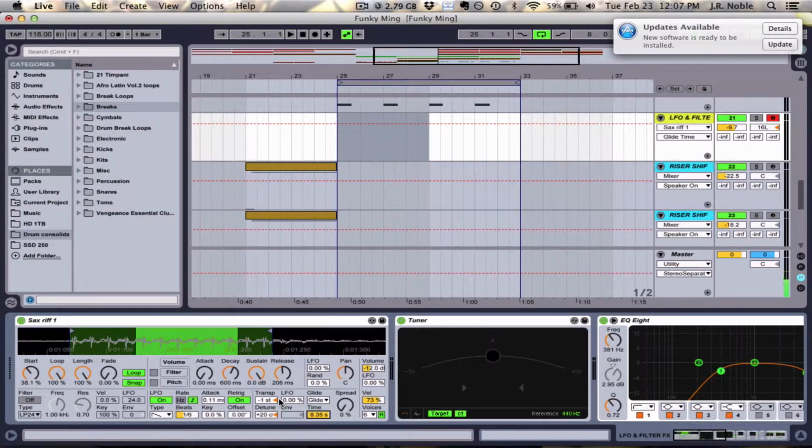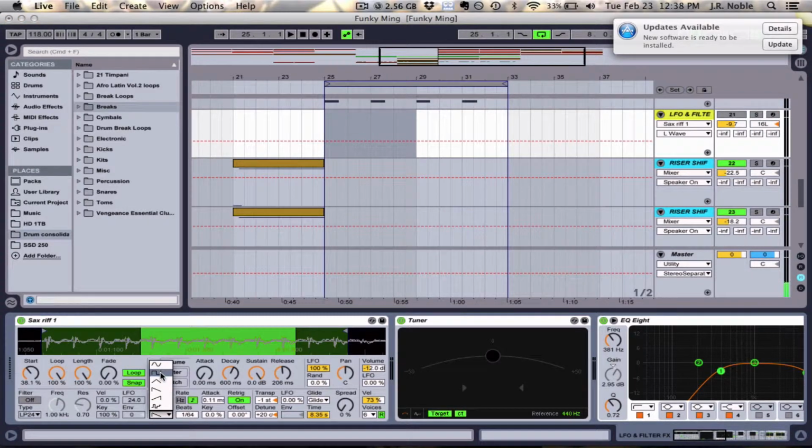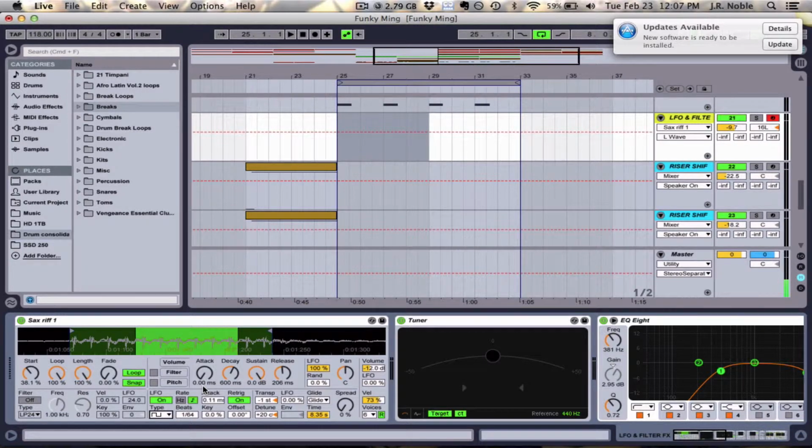Now this is where it gets a little bit more advanced, because we're going to apply this LFO to the pan feature. We're going to do 100%, and then we're going to make it in time, and take it down to 64th notes. What that's going to do is make these really, really wide kind of pans. It's going to take this sound and turn it really wide, and it's going to be really fast. And now we're going to turn this to the square wave. So now if we play,